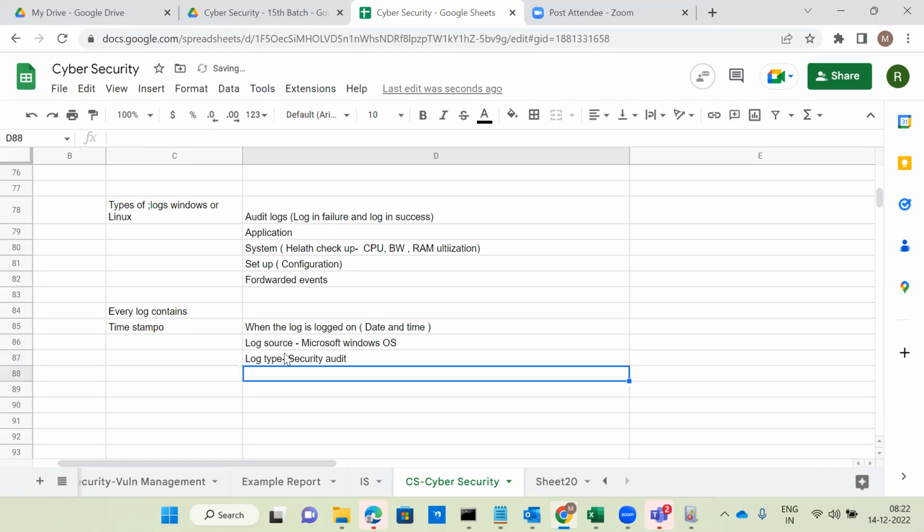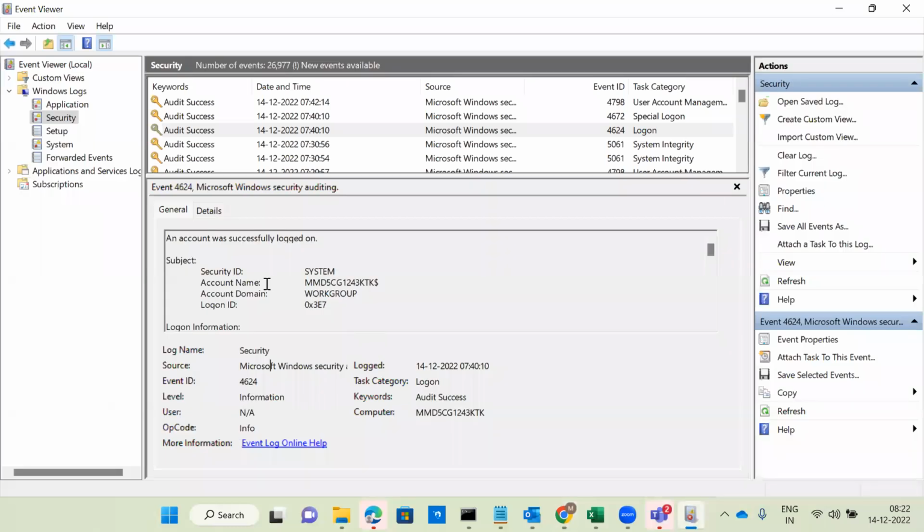Okay. So now what is the additional information we can see? These are all additional information. So this is like a payload, message, piece of written code. Now whatever theoretical you have discussed, we discussed, you can apply practically now. Every log contains payload also. Payload is nothing but what activity has been done, the message, piece of written code. What is the piece of written code here? An account was successfully logged in. So this is like a payload.